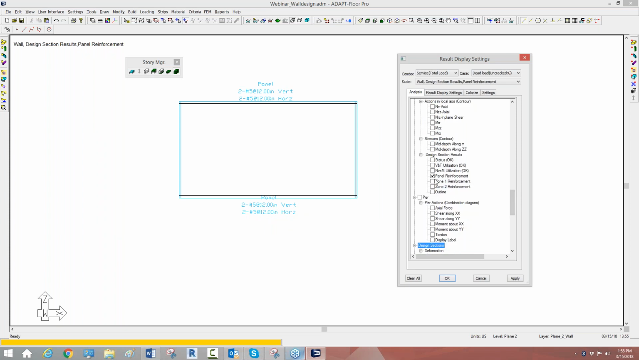We're done here. Zone reinforcement. The program will show the right and the left zones. And then you can also filter out some of the